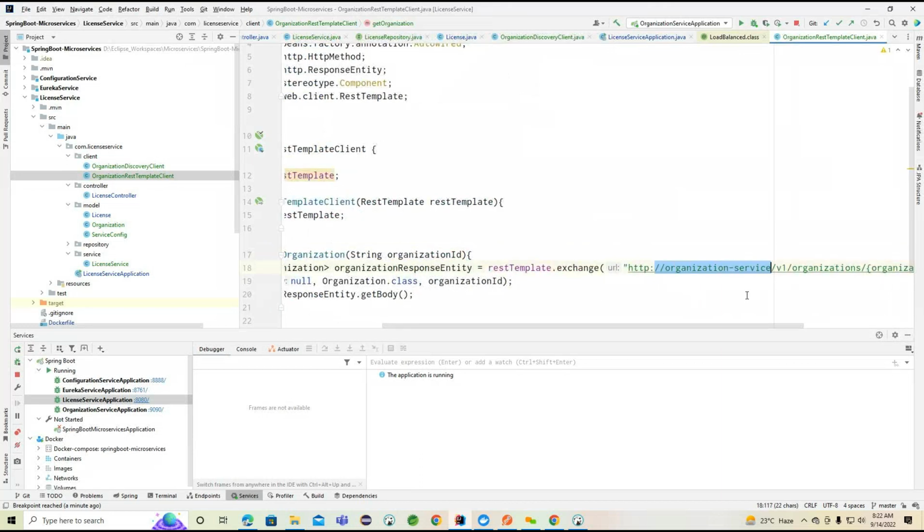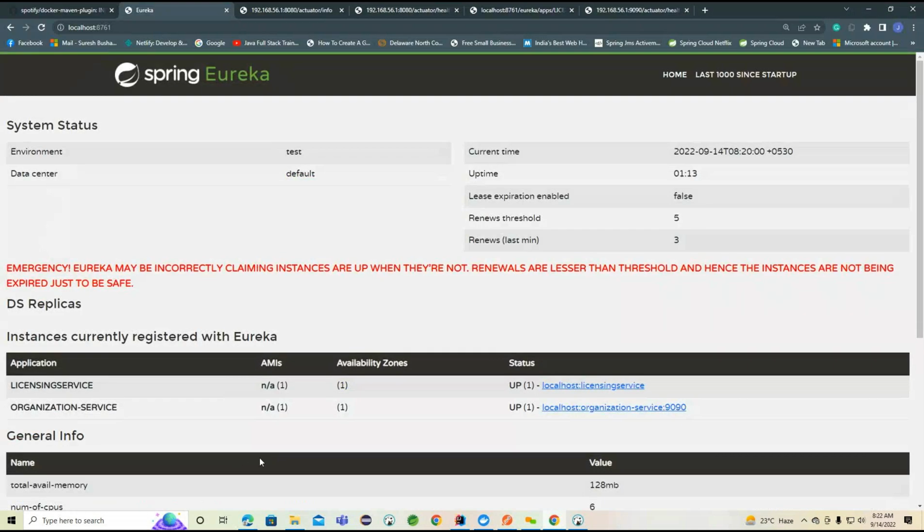We just provided the service name here. Getting the point? So this is only the service name we provided. Because of this, the load balancer internally will try to identify the Eureka service ID. Once this service ID is identified, it will go to the port information, and from this port it will try to communicate with all the applications and load the